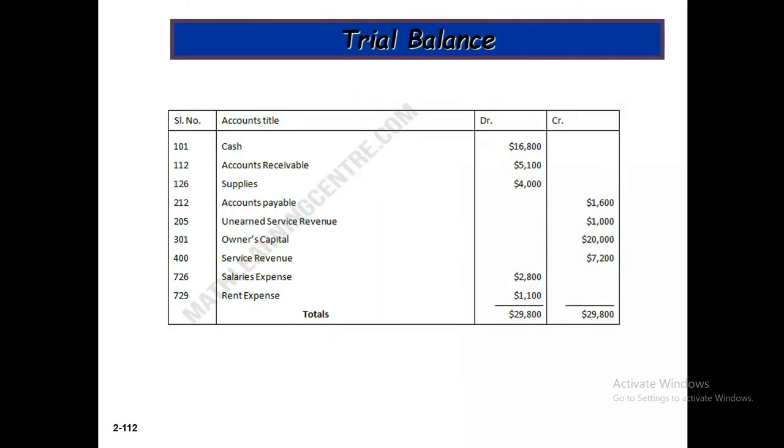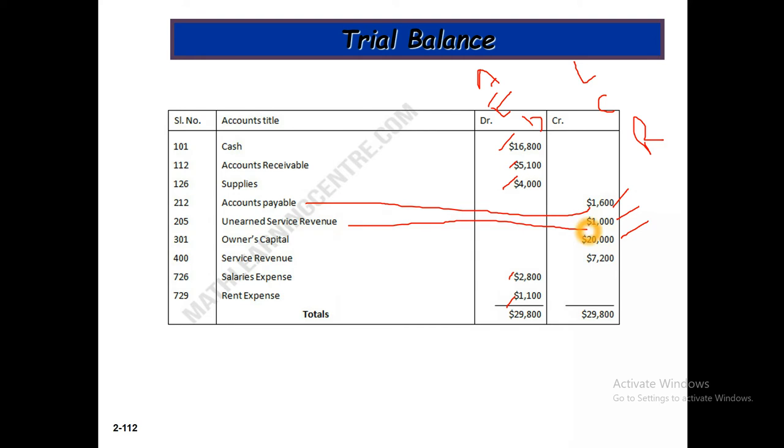balance. The trial balance, just you know, all asset, expense, and drawing balances will be debit. So this is cash, this is asset balance, accounts receivable asset, supplies asset, salary expense and rent expense. And here liabilities, capital, and revenue balances will be credit. So this is unearned service revenue, this is the liability balance, this one capital, this one service revenue, sorry, accounts payable, this one accounts payable, this one unearned service revenue, this one capital, and this one service revenue, this figure. So both sides are equal, and you need a double line for closing.